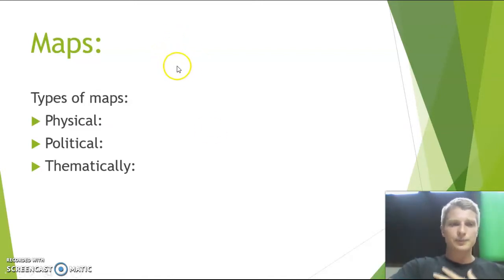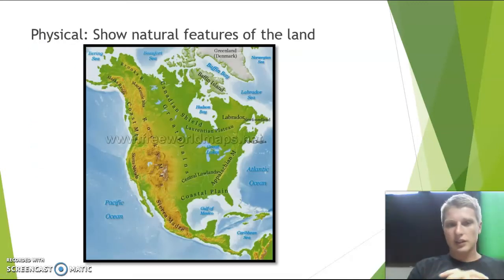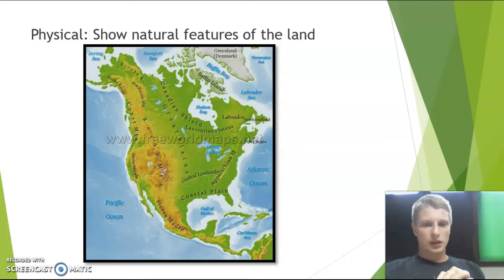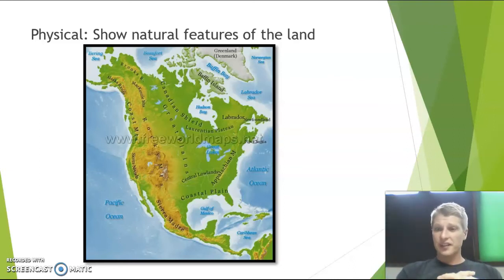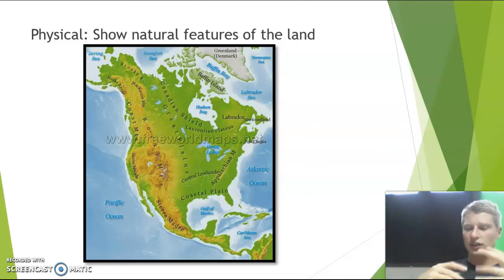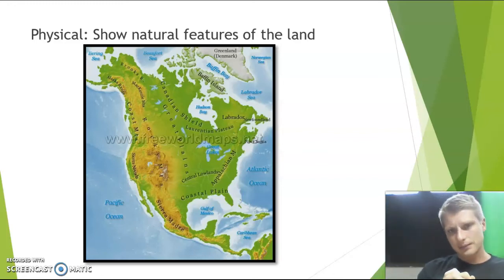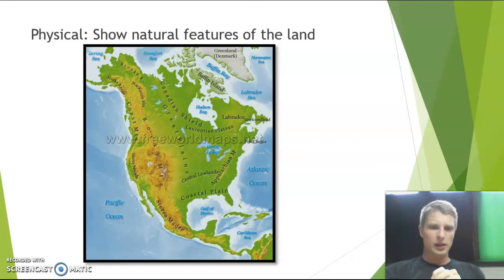So let's dive into a physical map. How do we identify a physical map? Well, it's pretty simple. I stole this image from Google, I think, and it is a physical map of North America. Now, a physical map shows you the physical characteristics, shows the natural features of the land, the ocean, or the place. And so, as you look at this map, you can't tell the difference between Canada, the US, and Mexico, and Guatemala, and other countries,